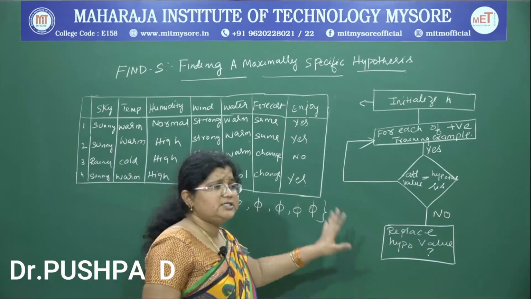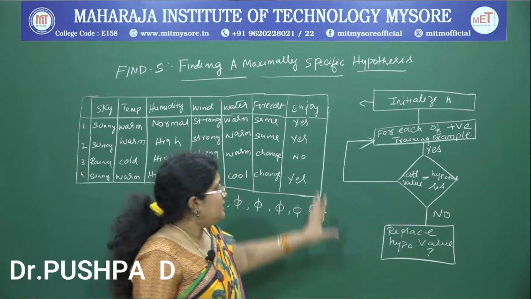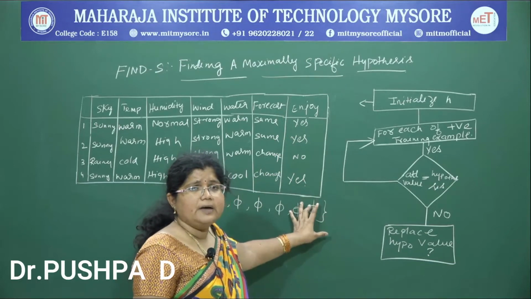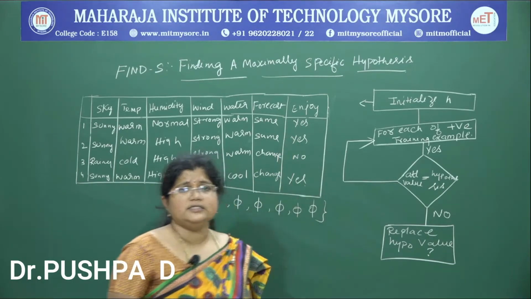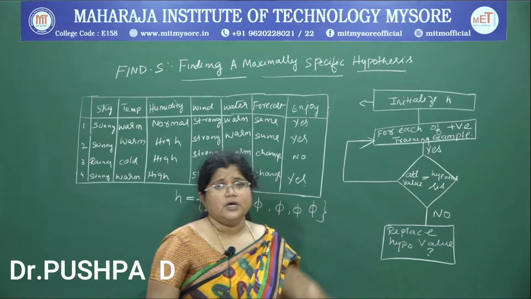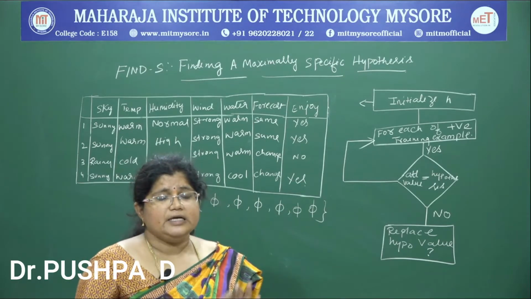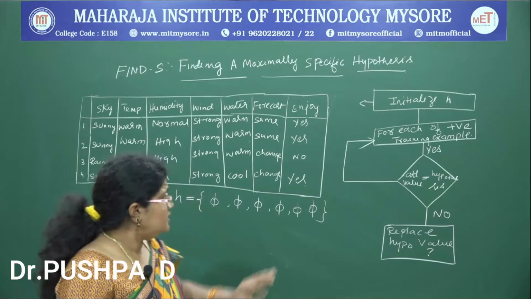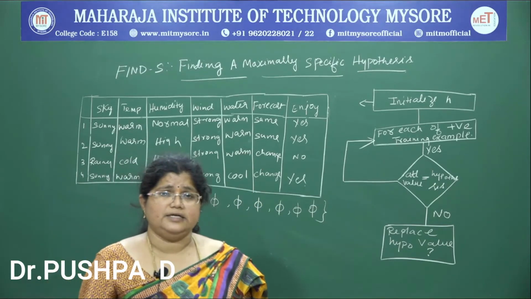So, this process is going to be repeatedly performed until the entire data set is addressed by the last hypothesis, where the last hypothesis which is going to be generated is going to address all the positive training examples of a data set.